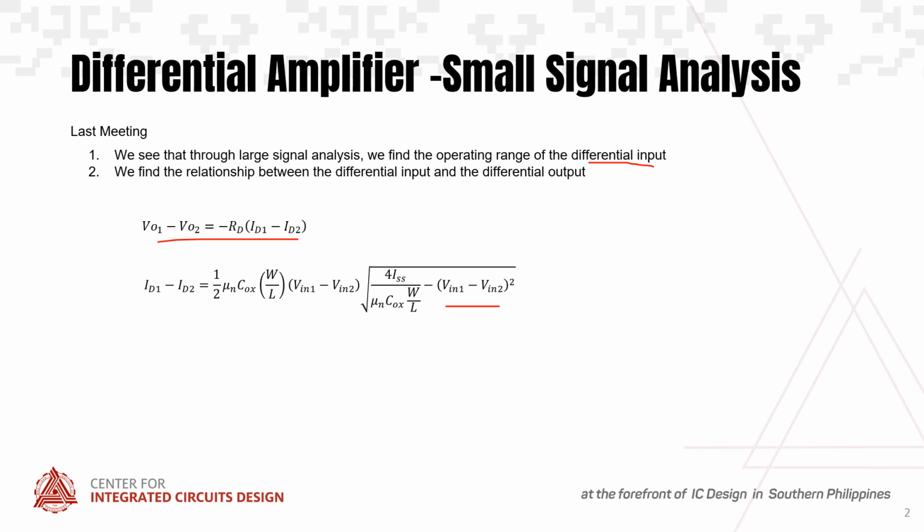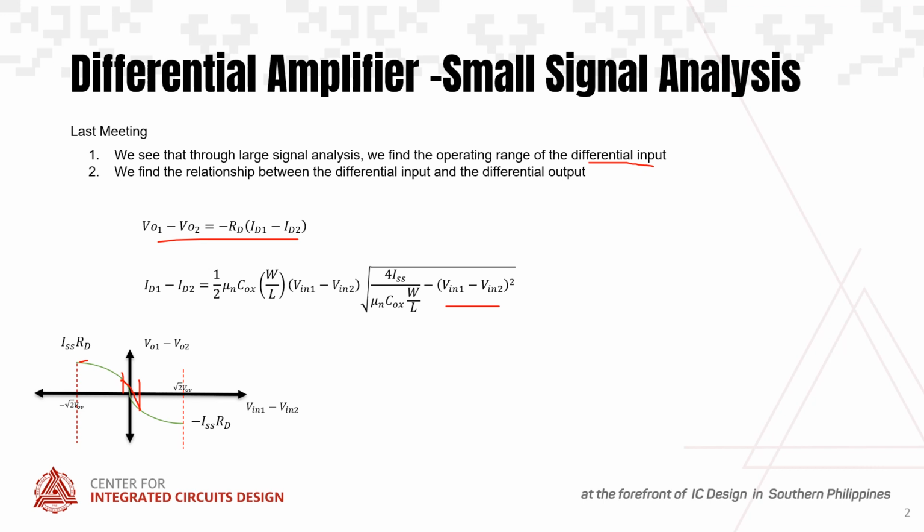differential amplifier in a smaller region because we have already seen the value of the output with respect to Vn1 minus Vn2. As we can see, in this part, it is really nonlinear. And in this part, it is more linear. And in order for that to be, that is our goal, to make it linear. So in order for it to be linear, we must operate this Vn1 minus Vn2 to be smaller, because only a small differential can be considered linear.